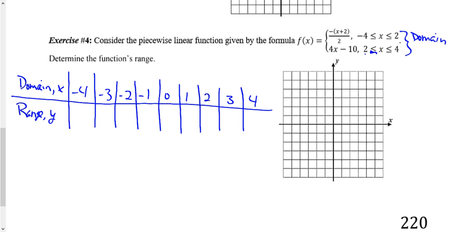Okay. So of all these values, we know -4 will go in the top one. What's the last of these that'll go in the top one? 2. Yes, because it includes 2, right? So from here to here goes in the top one, and the other ones go in the bottom one. I might want to do 2 in both of them maybe, right? Just like if they don't meet up, I do want to see where the end point of that one is,